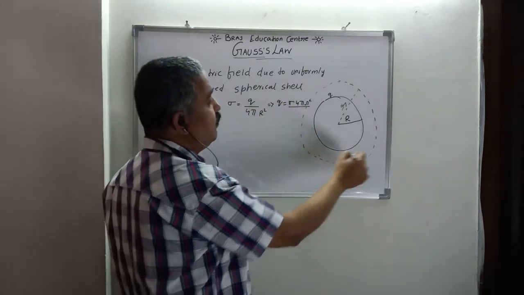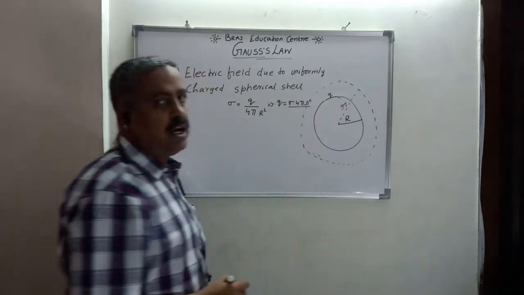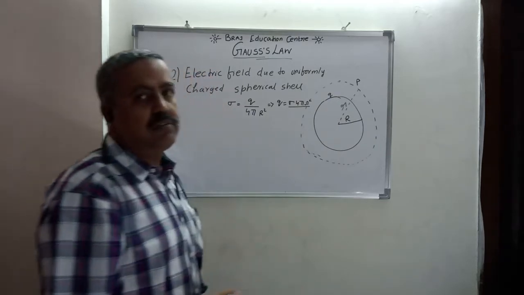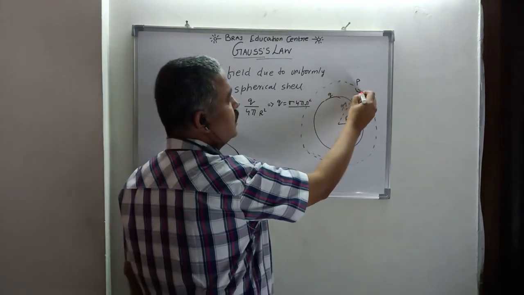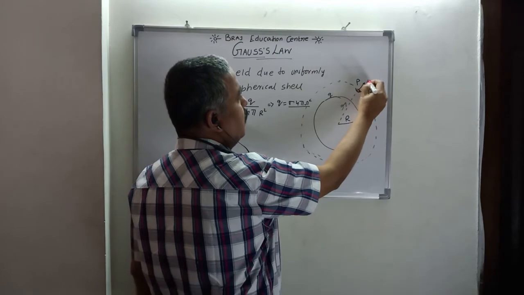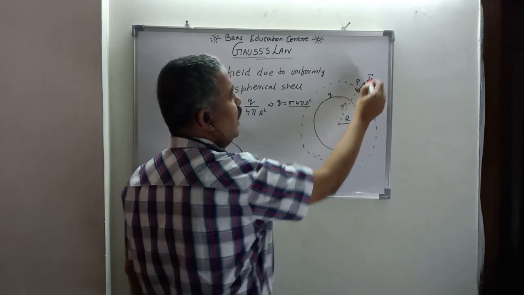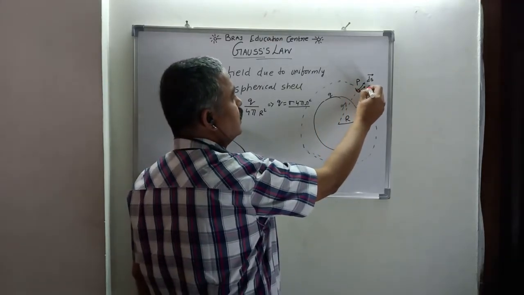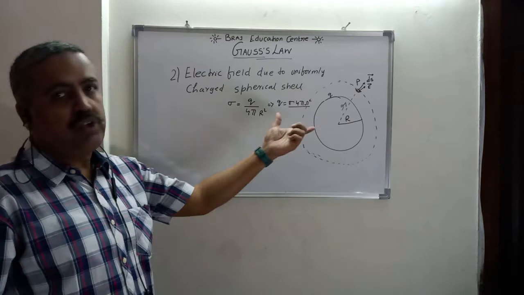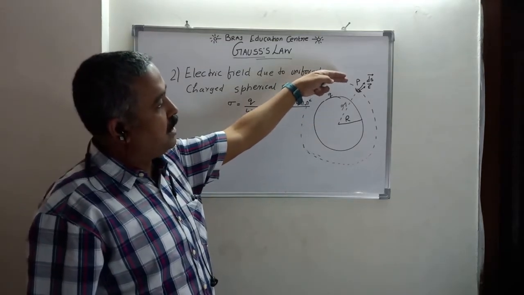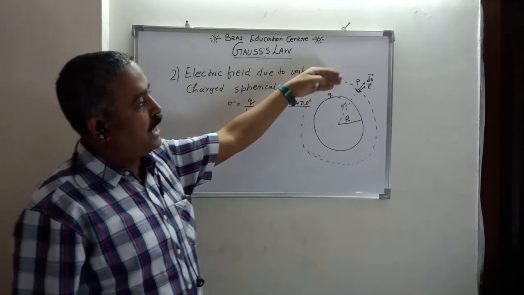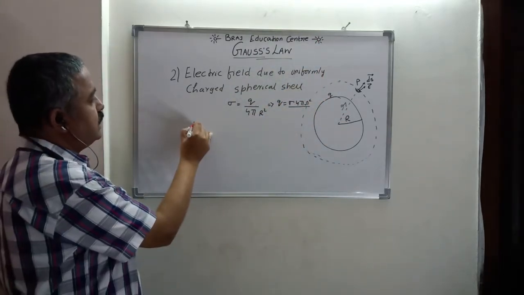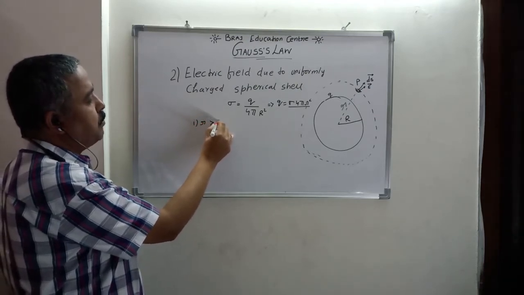For finding electric field, we take a Gaussian surface having radius small r as drawn in the figure, and at a point P on this Gaussian surface, this is our small surface having area vector dS. We can clearly see electric field is also normal to the surface. We'll consider three cases for various positions of the point P. In this first case, the point P is lying outside the uniformly charged spherical shell. So our first case is where the small r is greater than capital R.